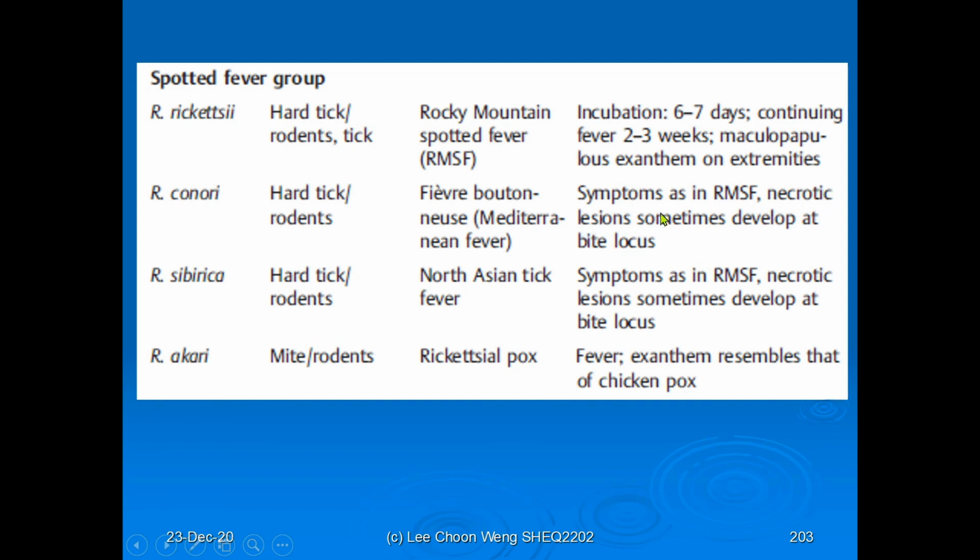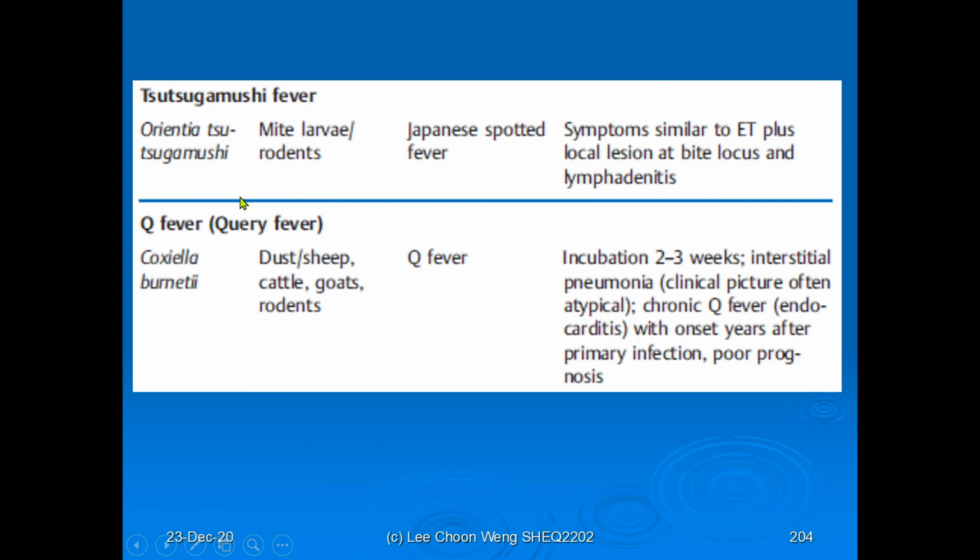Sometimes the spots develop into lesions, necrotic lesions, and there is always a bite locus widening around the location where the arthropod ticks or mites have bitten the host. A shorter incubation period with a long fever, 2 to 3 weeks. So minor categories such as the Tsutsugamushi fever, where the symptoms are similar to epidemic typhus, plus local lesions at